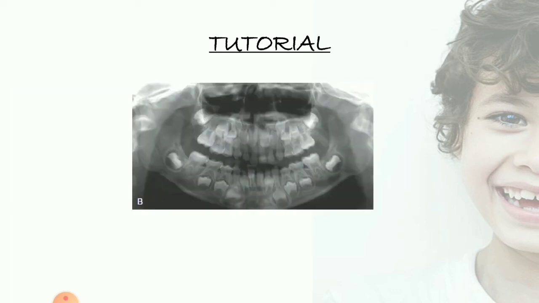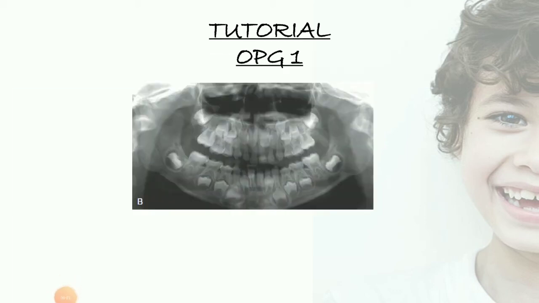So now coming on to OPGs, guys, we'll try to observe the OPG and guess the age of the patient, what might be the age of this patient with mixed dentition. Before studying any OPG, we should try to see which permanent teeth have erupted into the oral cavity. Now in this OPG, the mandibular first molar seems to be erupted into the oral cavity, whereas the maxillary central incisor hasn't yet erupted.